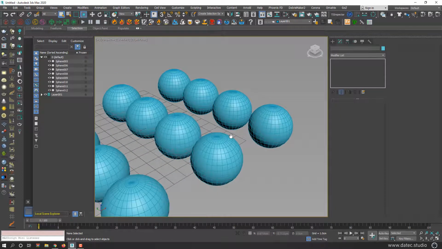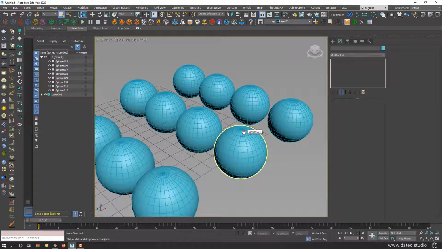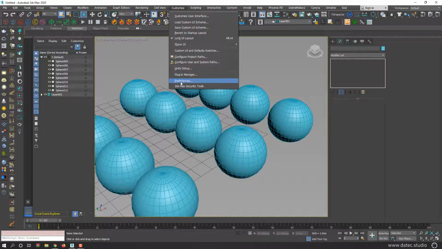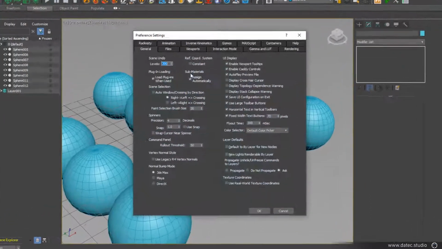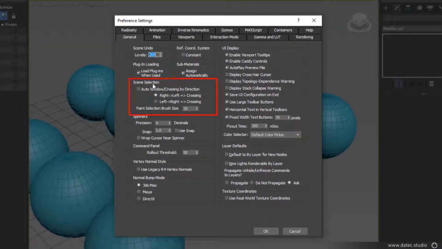However, if you like to customize that like AutoCAD, you could go to Customize menu, Preferences, and from Scene Selection, you could enable Auto Window Crossing by Direction. By default, set right to left crossing, or you could swap to left to right. Which means, for example, if I enable that, right to left is equal to crossing and left to right is